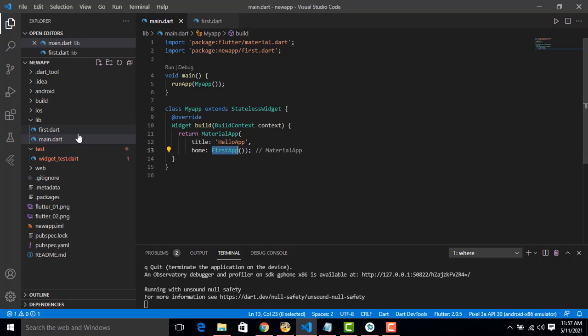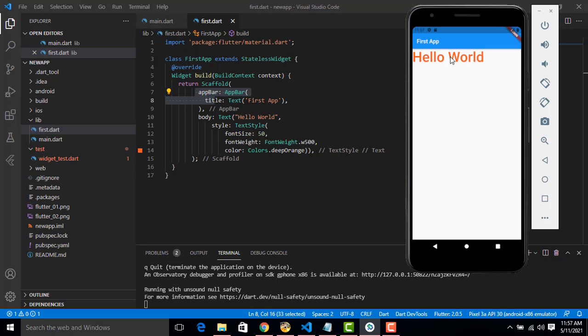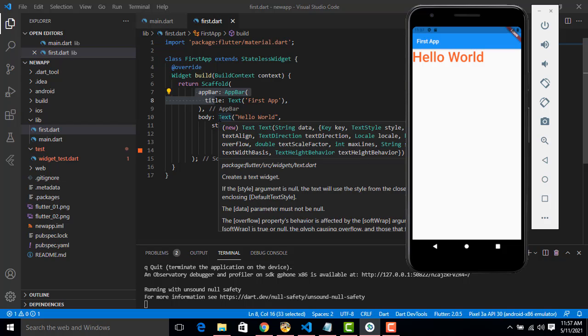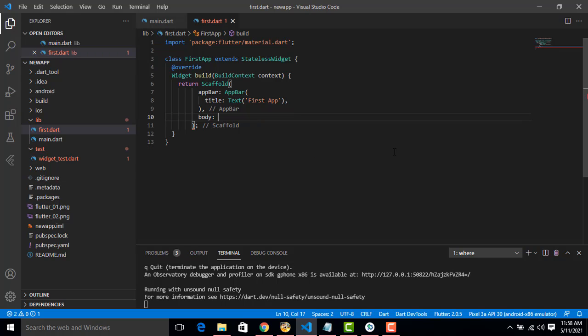Okay. Now what I am going to do is go to first dart. I am going to do some modification over here, right? So here, first this app bar, first tab, okay, this is called this. So app bar, first tab. Inside here we have to return the hello world inside the body. Now here I'm going to make some changes. I just get rid of these lines. Okay, this text is started. Let's close it here. Okay, this is a close tab, right? I just get rid of this step. Back. Now here what I'm going to do is write body. You have to write center.